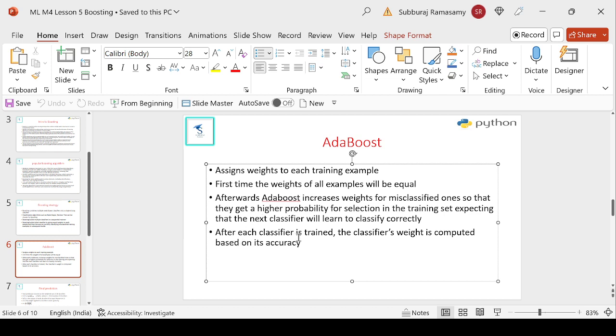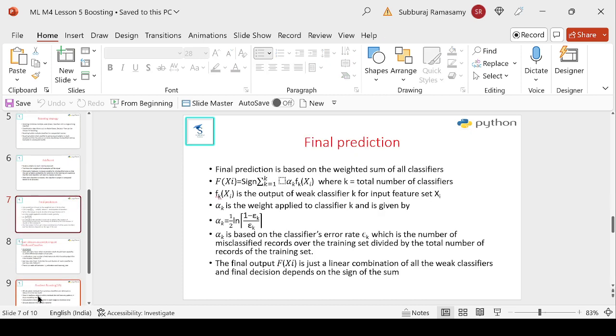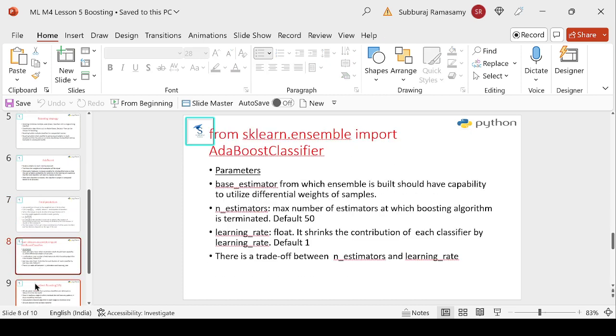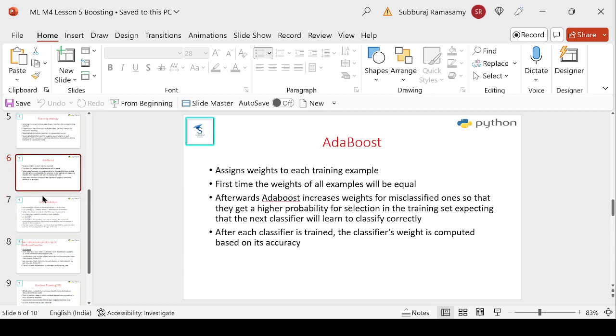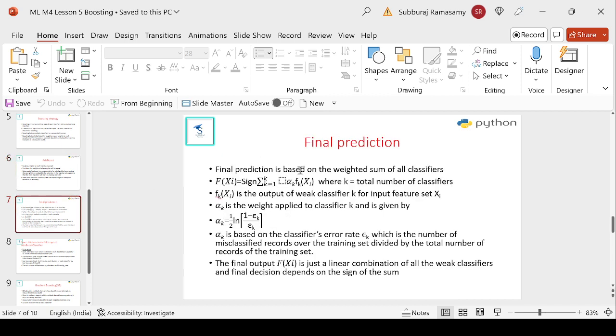After each classifier is trained, the classifier weight is computed based on accuracy. So each classifier is given a weight that depends on the accuracy it gets. A poor accuracy classifier will have lesser importance or lesser role in the final classification. So we are talking final classification. The final prediction is based on the weighted sum of all classifiers. That's why the weight of a poor classifier will be less, so it will not contribute much